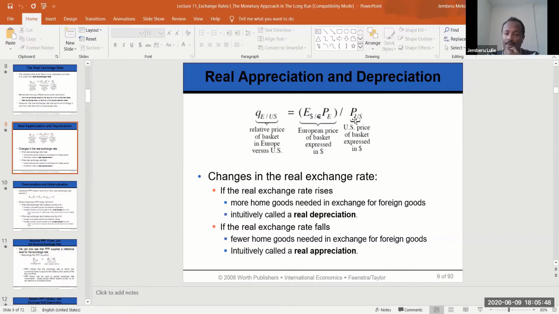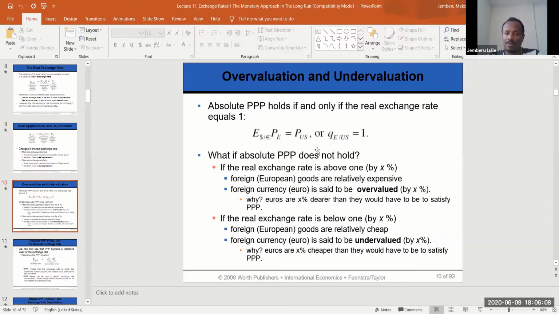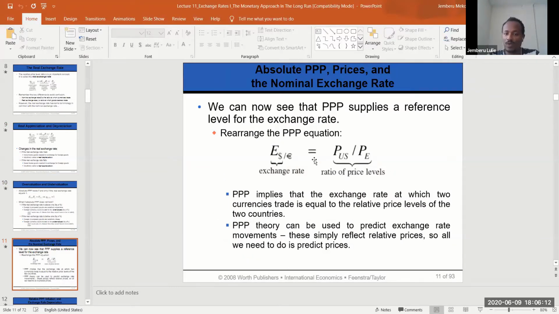Price of US over price of Europe, multiplied by the exchange rate, leaves the exchange rate alone. So the exchange rate, dollar per euro, is equal to the price in US divided by the price in Europe. Using the PPP equation, we can say that the exchange rate is also the same as the ratio of price